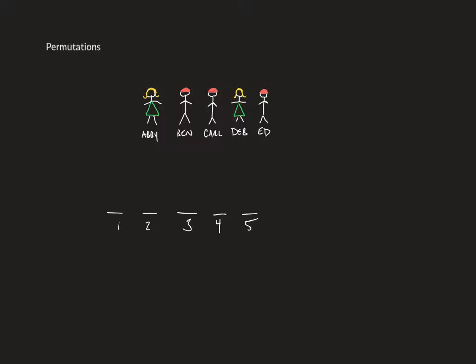Well, just like the reasoning that we just used, there are 5 people now that you could put in the first spot in this line. But once you've put one of those 5 people there, there will only be 4 more people to choose from to put in position 2. And then there will be 3 to put in position 3, 2 left to put in position 4, and finally 1 person left over in that 5th position. So the way to figure out how many permutations there are of these 5 people is just to multiply those